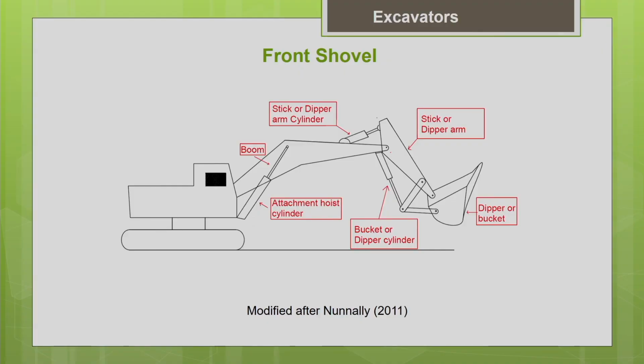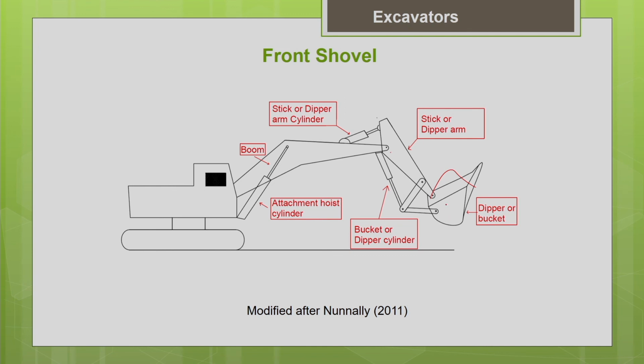So let us see how the front shovel will function. When you want to excavate the material, first place the shovel bucket facing the material which is to be excavated. Lower it to the base of the material. Now curl the bucket through the material, and the bucket will get loaded. Once the bucket is loaded, lift it to the desired height, then swing the bucket to the dumping position. Obviously a truck should come and stand closer to the shovel. Till you reach the truck, you have to swing the boom. As the boom reaches the truck, you dump the material into the truck.